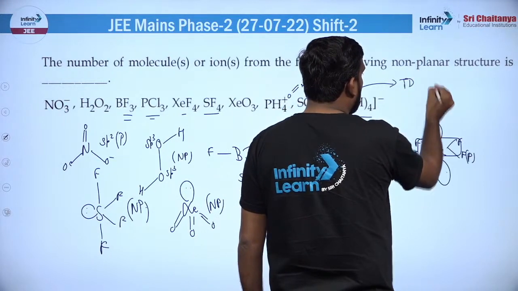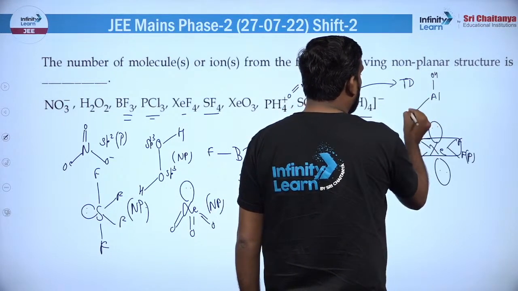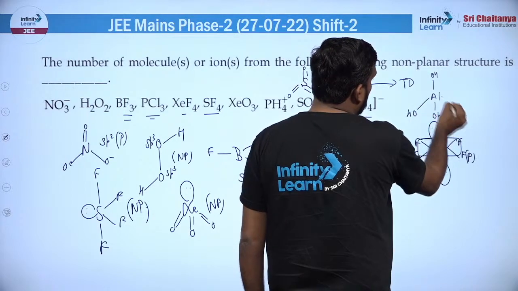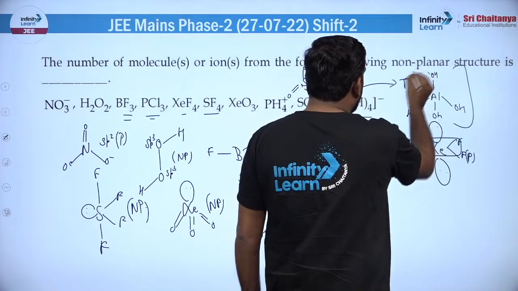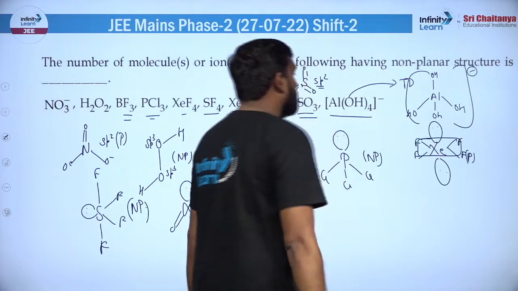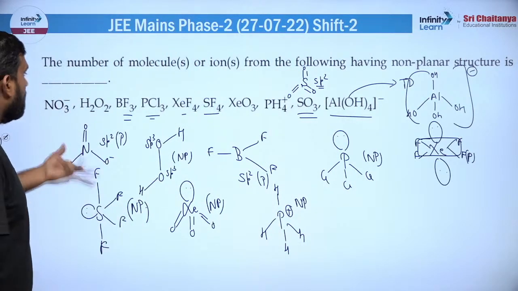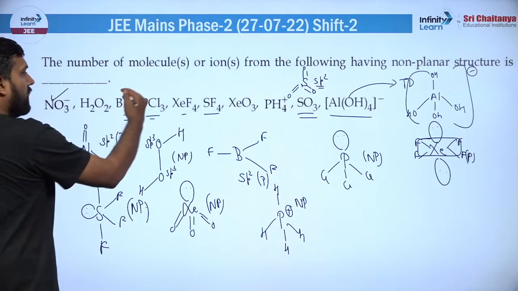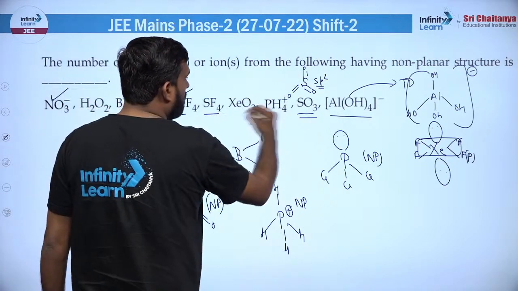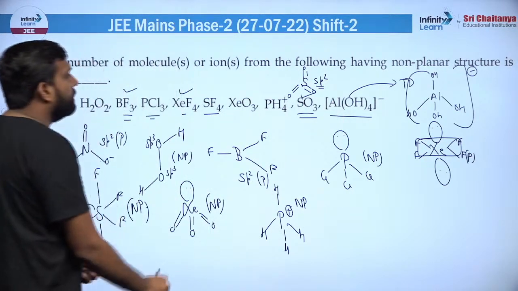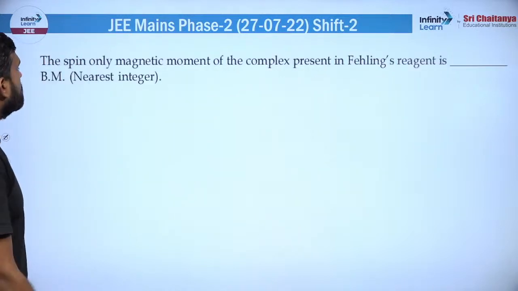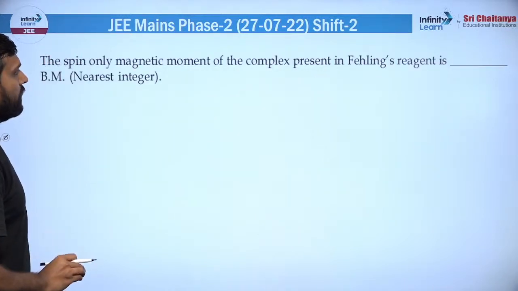इसका स्ट्रक्चर होगा Al, इधर OH, इधर भी OH, और इधर भी OH आ जाएगा। तो ये इस तरीके से स्ट्रक्चर हो जाएगा। सारे बना दिए मैंने, तो देख लेना प्लेनर कौन कौन से हैं, ये है, ये है, ये है, और SO3 है, तो 4 हैं प्लेनर। गोइंग टू द नेक्स्ट, द स्पिन ओनली मैग्नेटिक मोमेंट ऑफ द